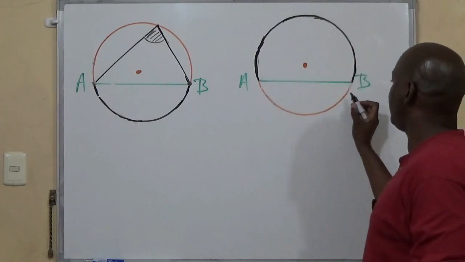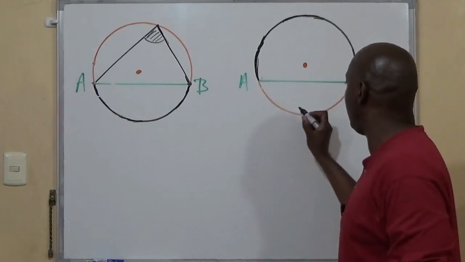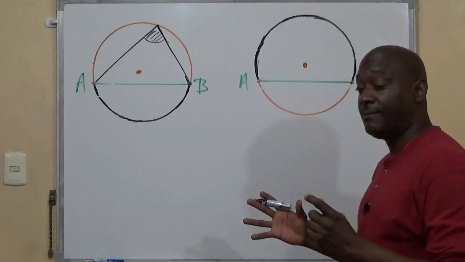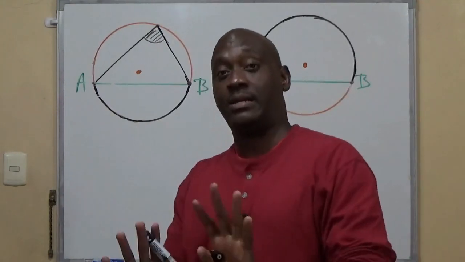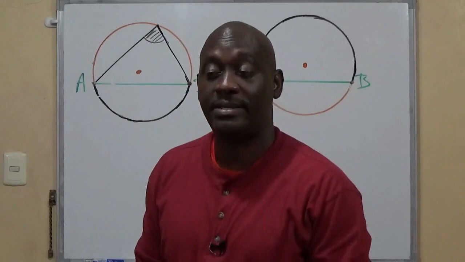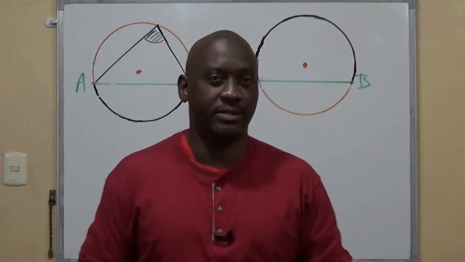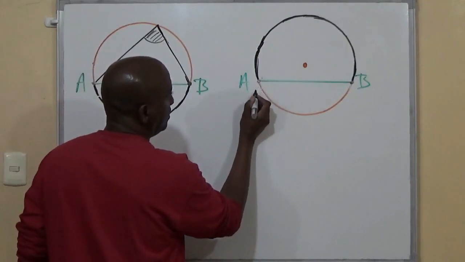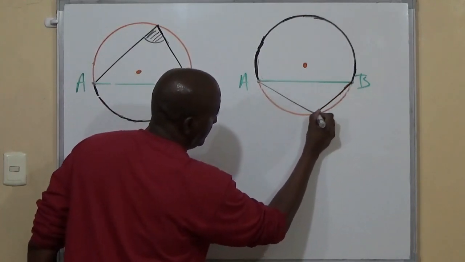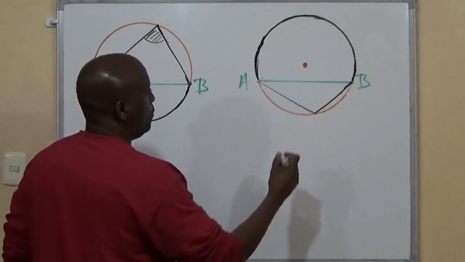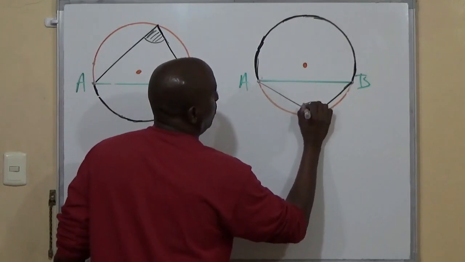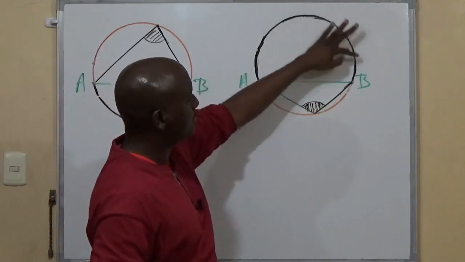Alright, so let us say, for the sake of argument, that this same chord AB, same endpoints. Remember, the endpoints are important. The endpoints are what lets you know what is doing the subtending. So when we saw the Hyatt, we had the top of the Hyatt and the bottom of the Hyatt at the base, subtending different angles at different locations. In the same way, this chord could subtend an angle in the minor segment. Now, whether we describe the angle as being subtended by the chord AB or being subtended by the arc AB,